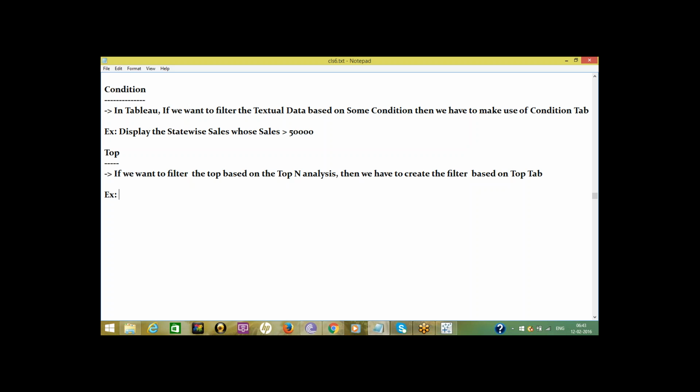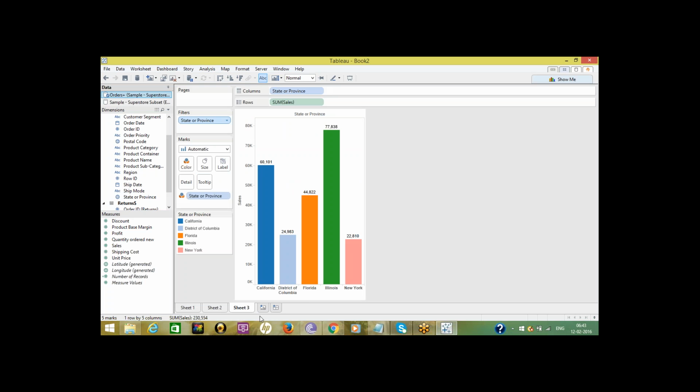Example: display top 10 states based on their total sales.